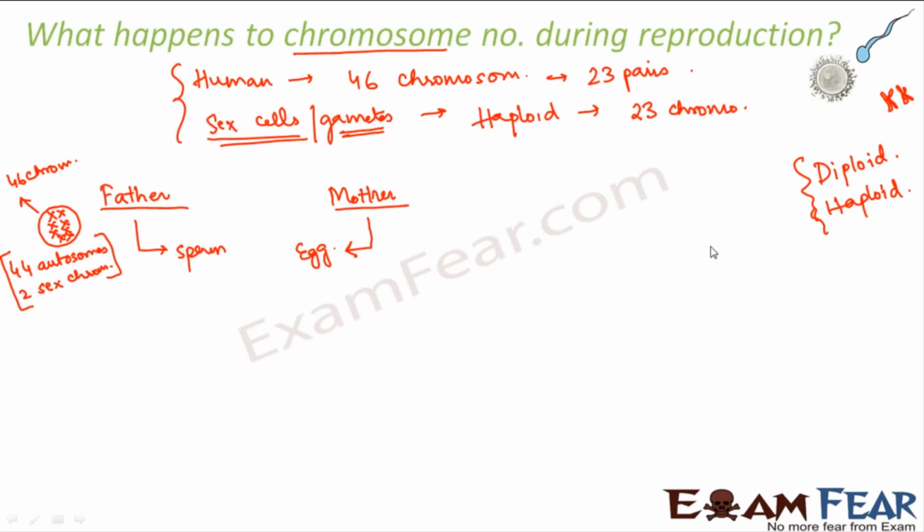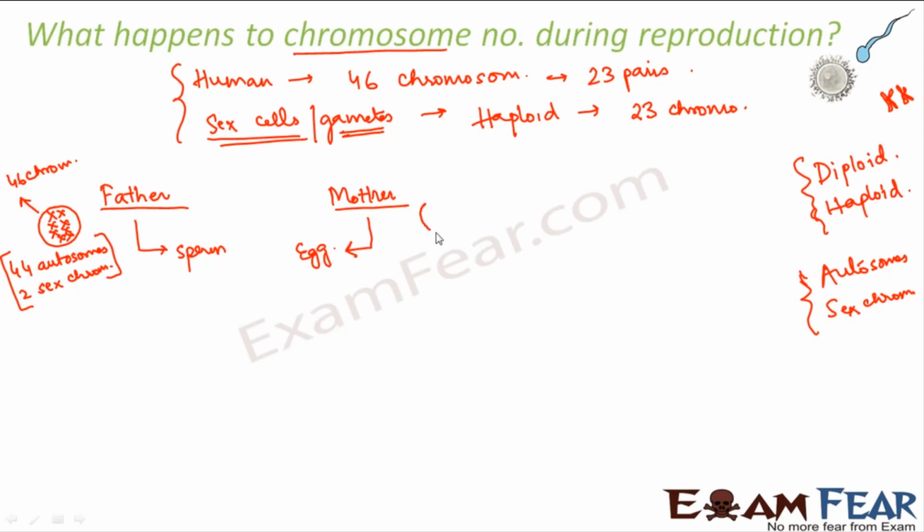Now what are autosomes and what are sex chromosomes? They are again some new terms we are hearing. For now you can just understand it in this way, that sex chromosomes are those chromosomes which decide the sex of a particular individual. So the sex chromosome will decide whether that individual is a male or a female. That is the purpose of the sex chromosome. What are autosomes? They will control all other characteristics of the body. They will not decide sex. So these 46 chromosomes are actually 44 autosomes and 2 sex chromosomes, and they all exist in pairs.